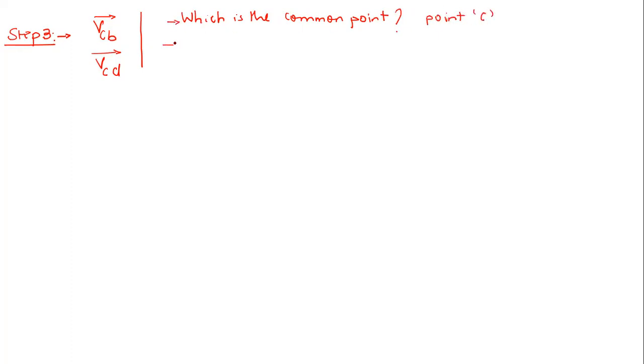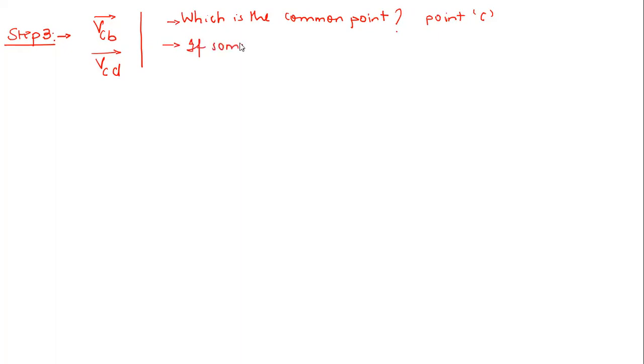So if you see this VCB vector, and if you observe this VCD vector, can anyone tell which is the common point here? C. So which is the common point here? So point C. So that means if somehow we locate,